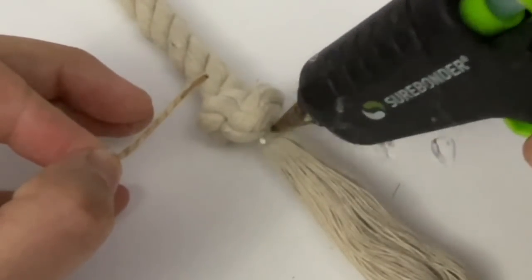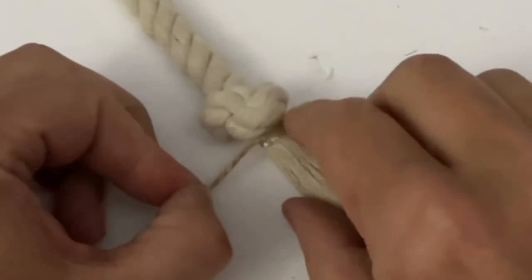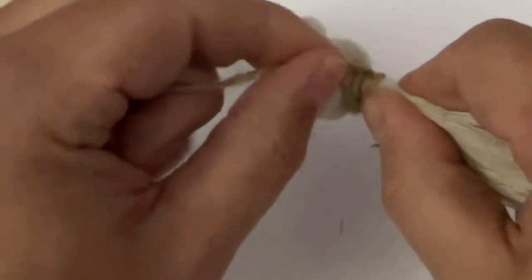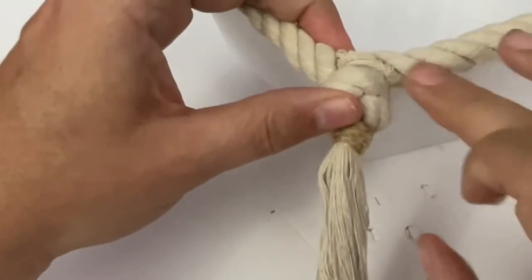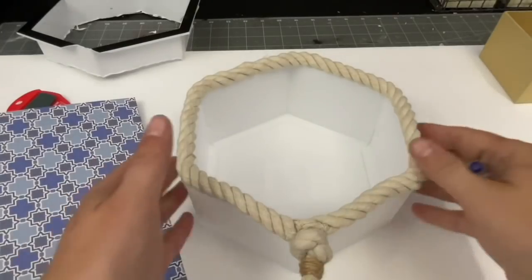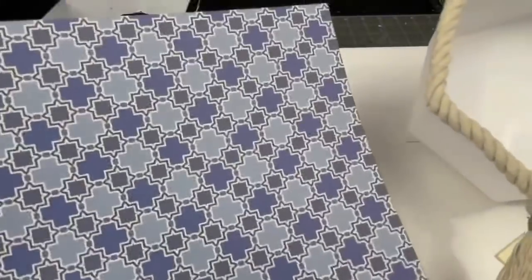I'm then going to take some twine and add that at the base of that knot because I want to give it a little bit of a transition. And I'm going to make that twine really make it look like that this is an actual tassel. And I thought it added also some really cool texture. So I glued it down on one side, and then I'm just wrapping it around. And then as I'm done wrapping it around, I glue it all in place. And as you can see, I think it worked out really, really good and is a super cute addition to